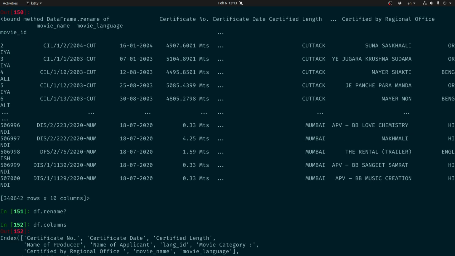df dot columns is this, and we'll say df dot columns is a new list, and here we'll type out the new names. So I'll just say certificate number, or I'll just say cert number to keep it small. I'm just changing the dot columns attribute completely, and it's just going to override the existing columns. So I'll say cert length. Name of producer, I'm just going to say producer, applicant,